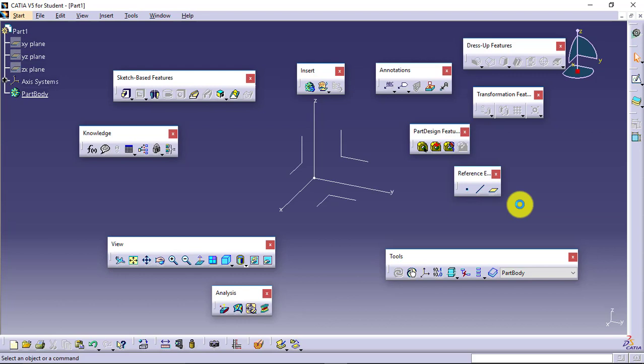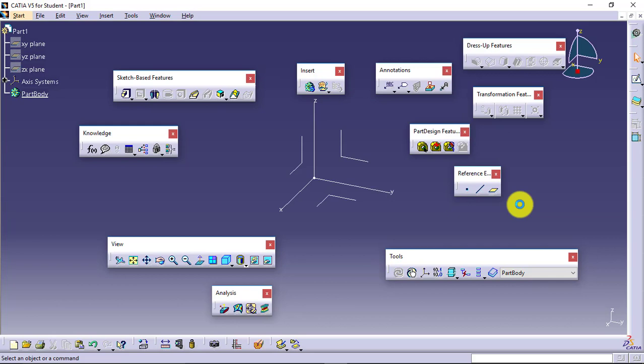Next setting is related to the toolbars. You can see I have floating toolbars available. Now during the work, sometimes it may happen that some of your toolbars are not showing all the tools. Some of the tools might be missing, or some of the toolbars are missing. They are not visible to you, or the toolbars which are defined are not in proper manner.